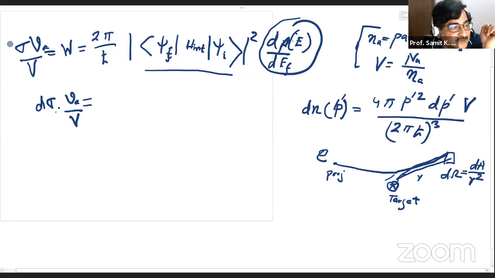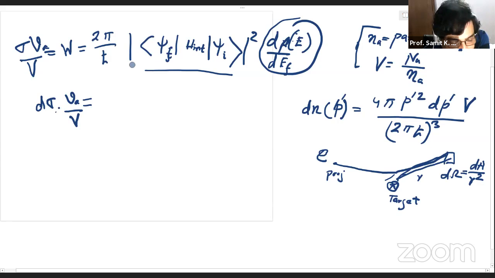When I talk about the sigma, sigma can be the total cross section. That means the particles which will be scattered off through 4 pi space. But here, because my detector has a finite solid angle, I am only concentrating on the small part of the cross section, that is called the differential cross section d sigma. So therefore the v_a by v is nothing but the w, maybe I'll not write the w, and then